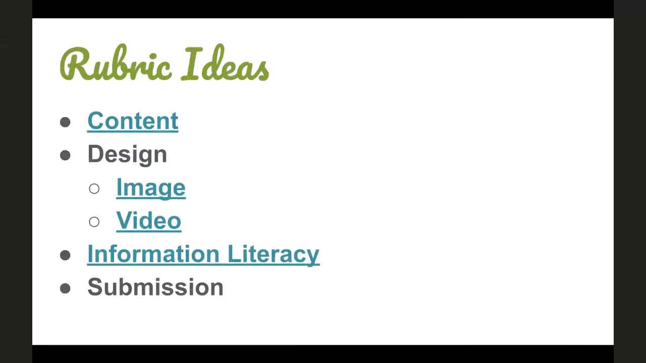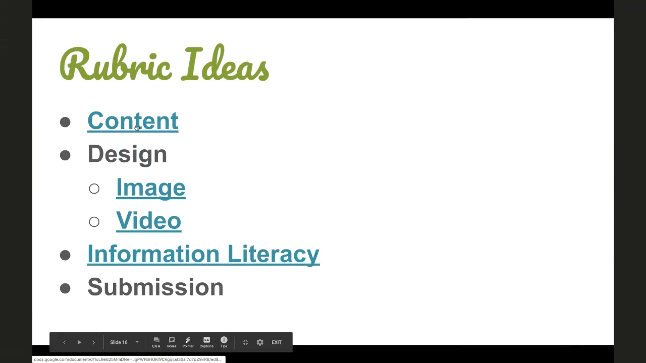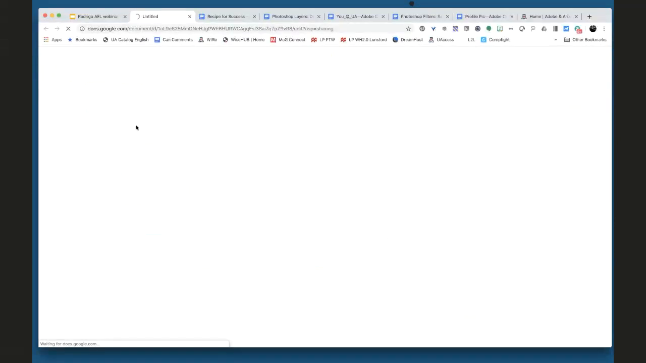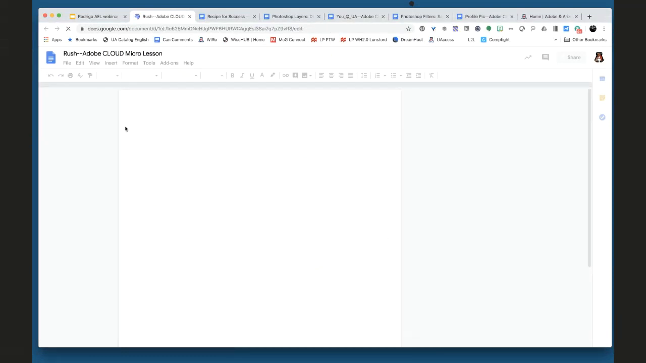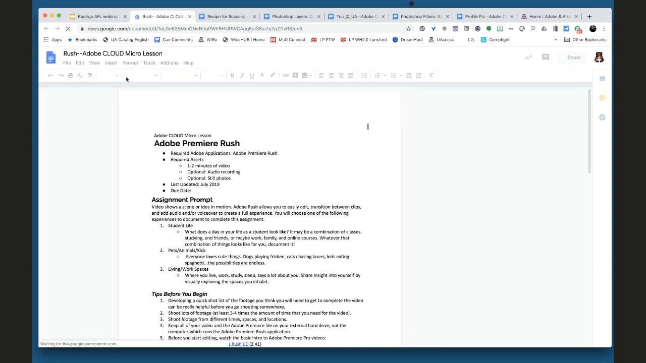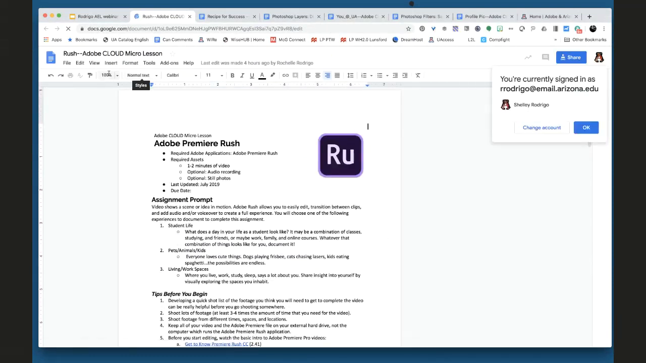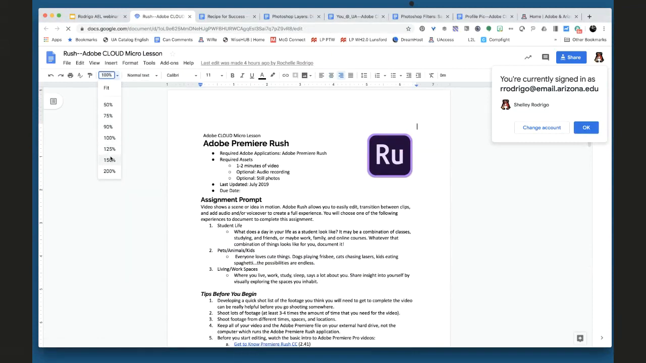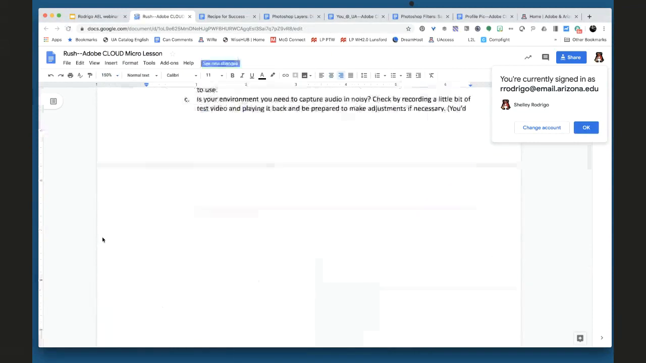The biggest thing, and by no means am I an expert, but one of the biggest things that a lot of faculty really start to get worried about is, well, how am I going to assess this? I don't know what makes a good video or a good photo or a good composite image. How do I assess this? And so part of what we try to include in these is rubric ideas. I do not want to claim that these are the definitive ways to talk about how a faculty member might assess this media. But here,